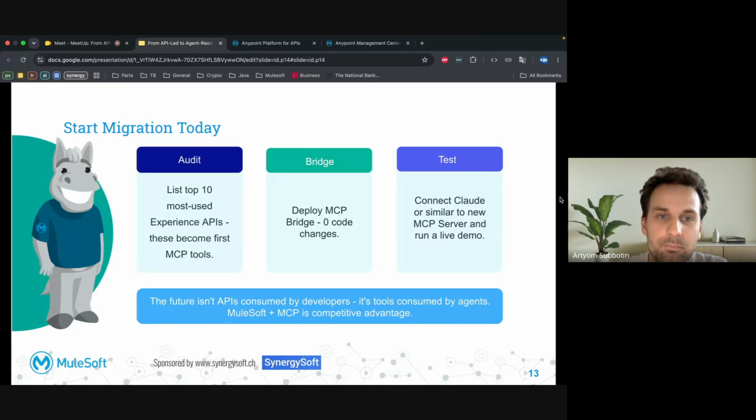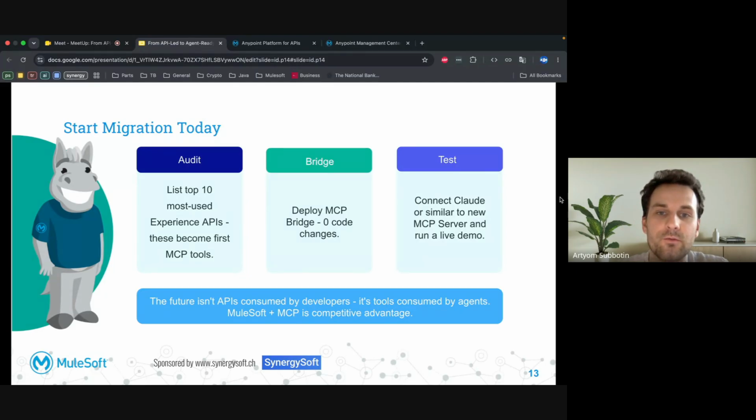And please pay attention to these 3 things that you can do at least this week. Because as you can see from the demo, it's really a 1 hour method to run your MCP bridge or MCP connector. So the first one is open Anypoint Exchange and list your top 5-10 most consumed experience APIs.